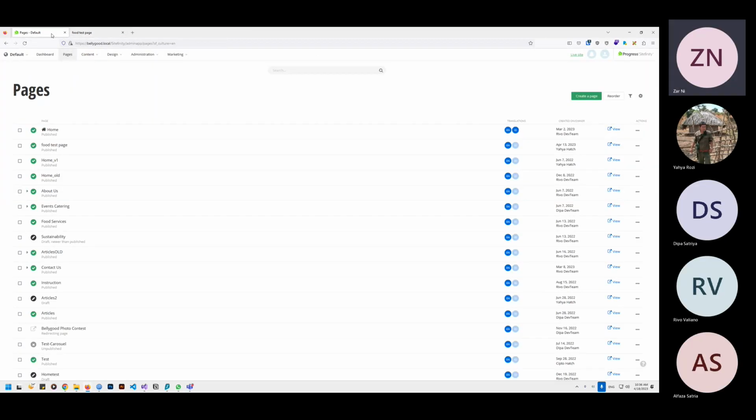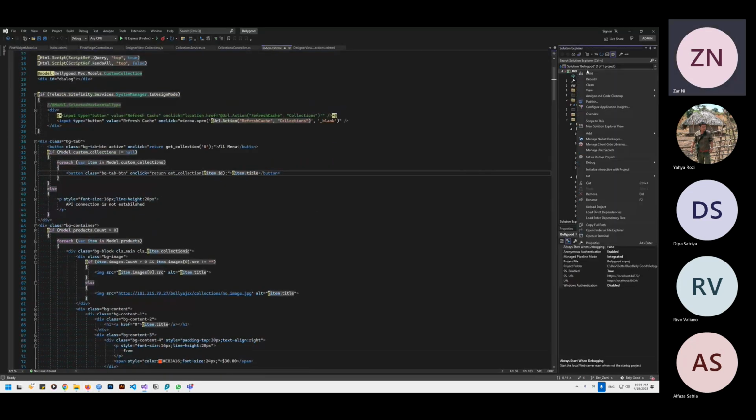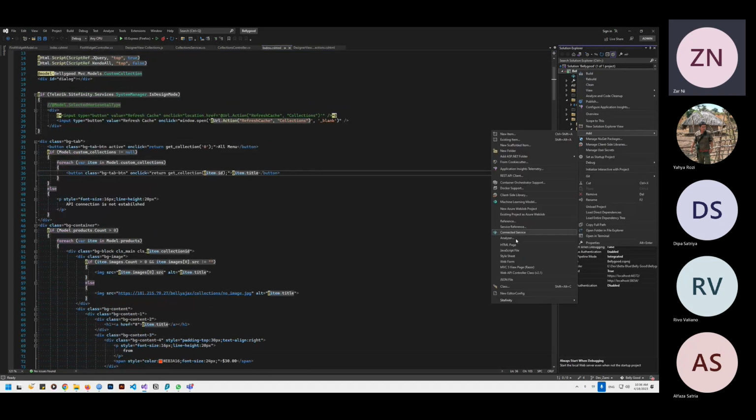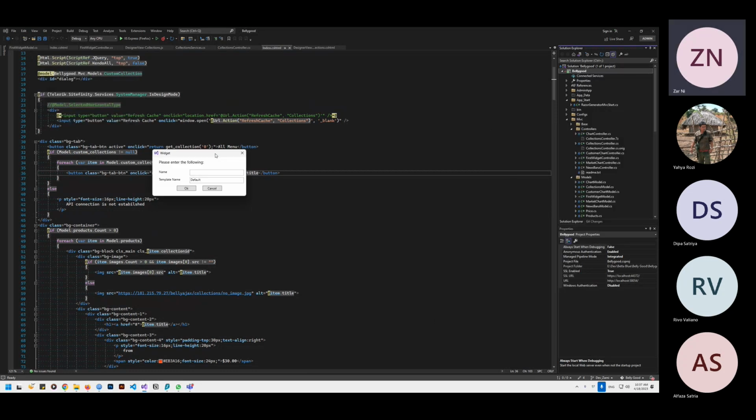After that, in your Visual Studio, on your project, you can just right click, add, and then this new Sitefinity section will appear. So we are going to create a widget. Just select widget, and then we need to name it. You name it something, but for the template name, you have to leave it as default. Currently, there's only one template type. So you click OK,